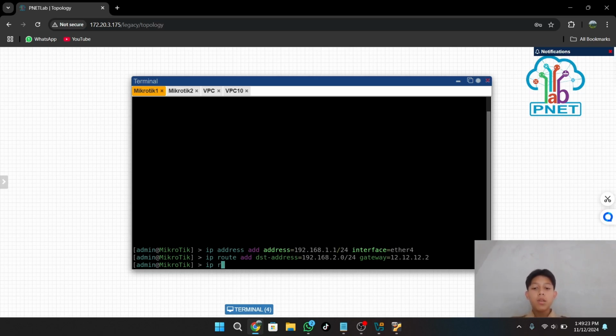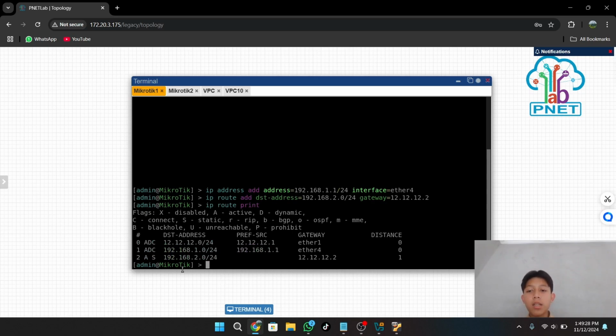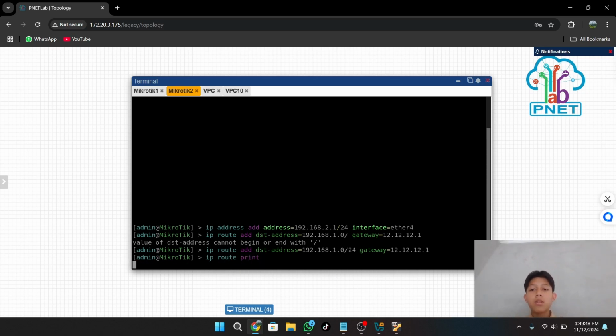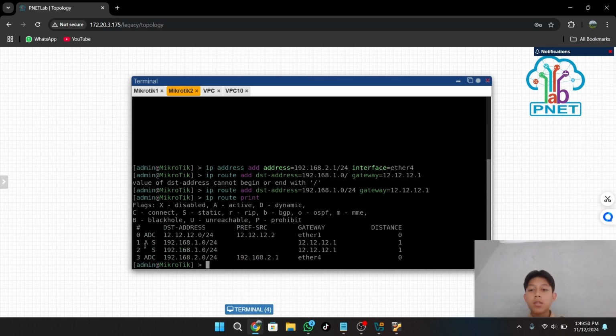Okay, to check the route, you can type ip route print. If the flag shows AS, or active static, your static routing is successful. You can check again the same way at router 2 with print, and the flag is AS, or active static.